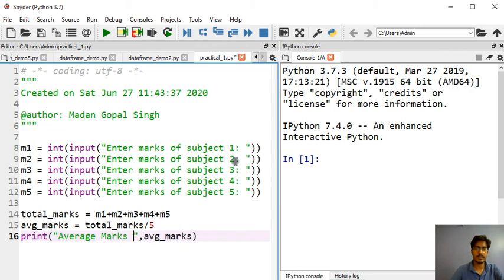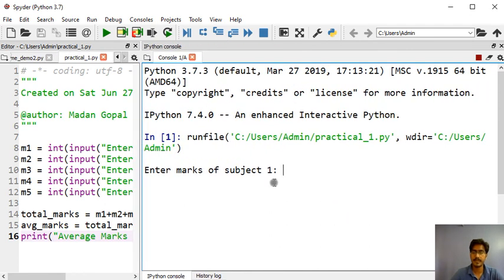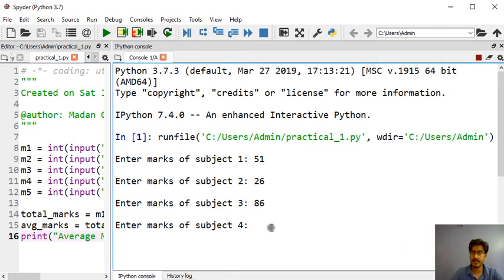Now if we want to run it, you can run it by clicking on the run button. I am clicking on the run button. It is asking me the marks of subject 1. Let's suppose I am entering 51, 26, 86, 78, 65.